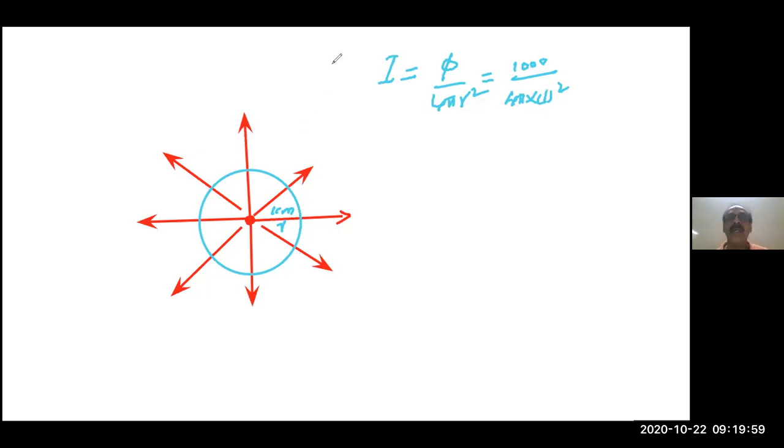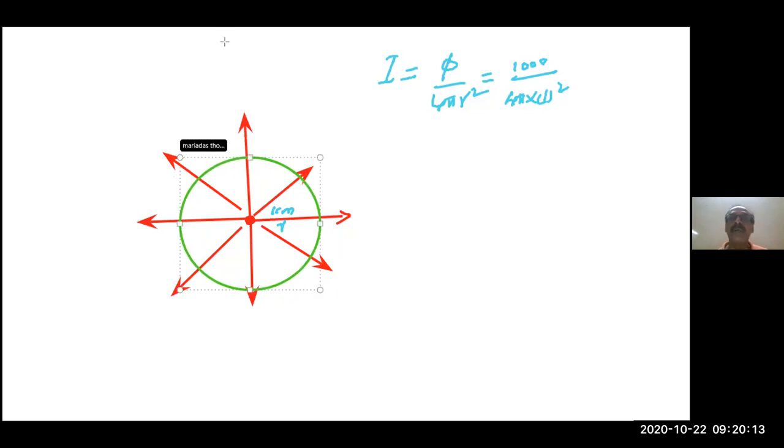Yes, sir. Now I am removing this lampshade and putting another lampshade of 2 centimeter. Okay, first let the first one be there, then only we can compare. The second one is now 2 centimeter, this green one. Will the brightness be the same? No, sir. It is enclosing the same amount of flux, right? Same flux it's enclosing, but inside it is brighter, outside it is less bright.